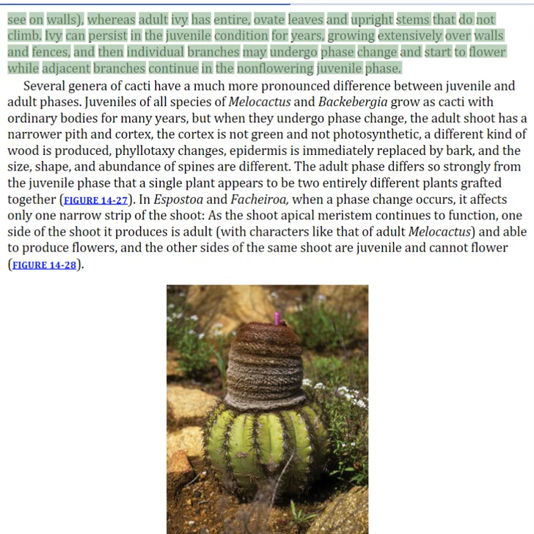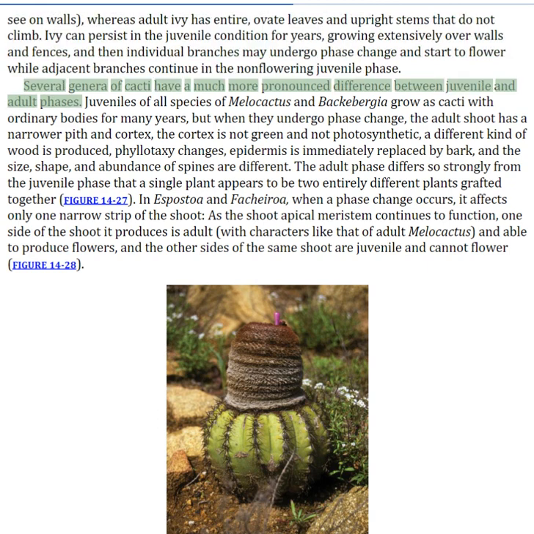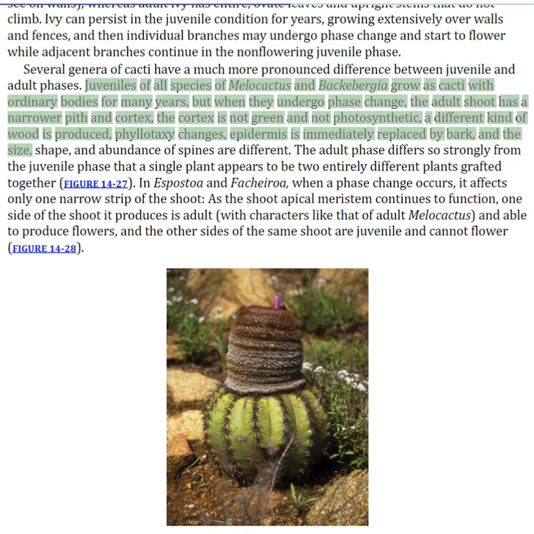not climb. Ivy can persist in the juvenile condition for years, growing extensively over walls and fences, and then individual branches may undergo phase change and start to flower while adjacent branches continue in the non-flowering juvenile phase. Several genera of cacti have a much more pronounced difference between juvenile and adult phases. Juveniles of all species of Melocactus and Backebergia grow as cacti with ordinary bodies for many years, but when they